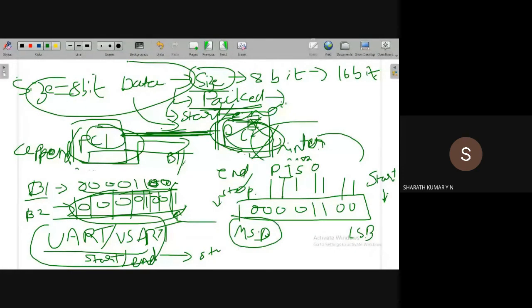The start bit and stop bit cannot be the same, otherwise it is confusing. For example, if the start bit is 1, the stop bit should be 0, or if the start bit is 0, the stop bit should be 1.